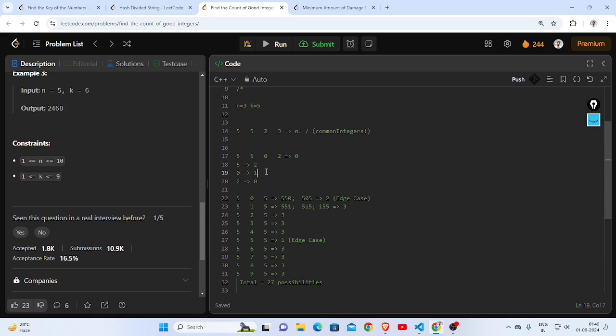So we are essentially removing it from the map, and what we have left is this. Sorry, this was 1. What we have left is 5, 5, 2. So this is what we are going to call another method where we are going to find the factorial like this formula. So wherever this method is, we are going to call this for this particular map, and we are going to find the